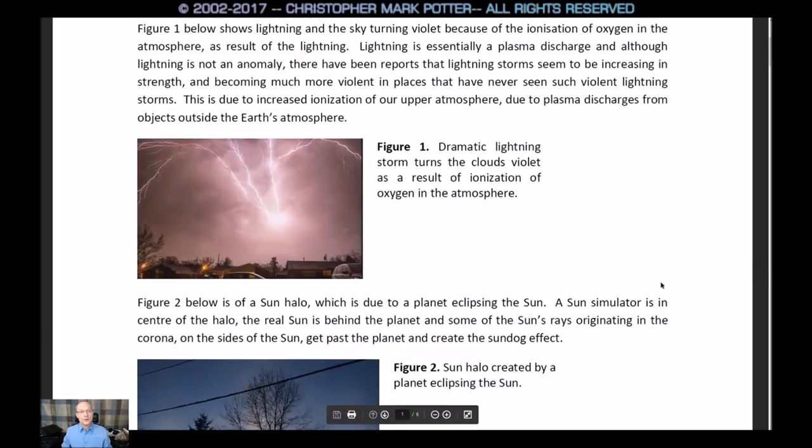No problem. Figure 1 shows below lightning in the sky turning violet because of the ionization of oxygen in the atmosphere as a result of the lightning. Totally gorgeous picture. Lightning is essentially a plasma discharge. Plasma, I just love that word. Plasma, like pulsar and power. Okay, lightning is essentially a plasma discharge, and although lightning is not an anomaly, there have been reports that lightning storms seem to be increasing in strength and